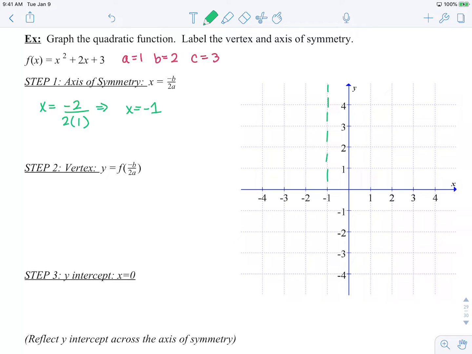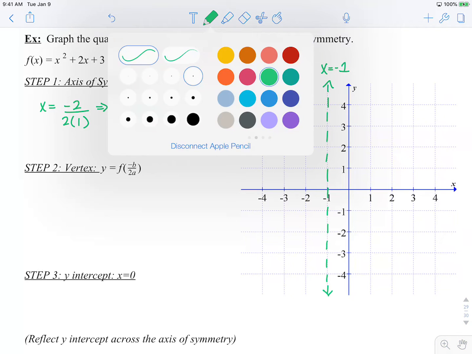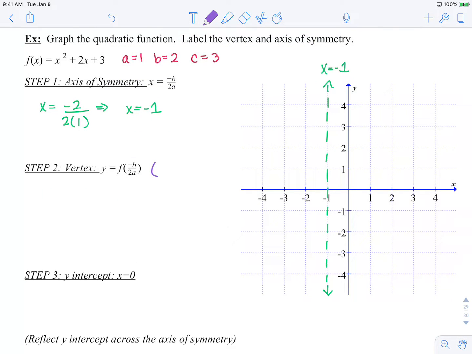So I'm going to draw that vertical line here, x equals negative 1. Now remember, our vertex is going to fall on that axis of symmetry, so we know the x value is negative 1. The y value is negative 1 squared plus 2 times negative 1 plus 3. So that's 1 minus 2 plus 3, or negative 1 plus 3, y equals 2. So negative 1, 2